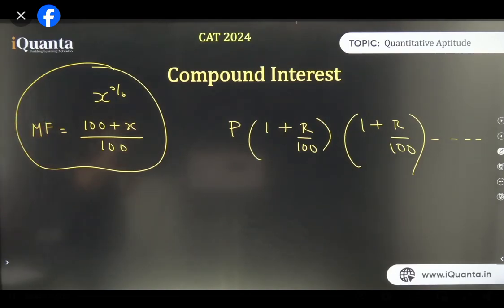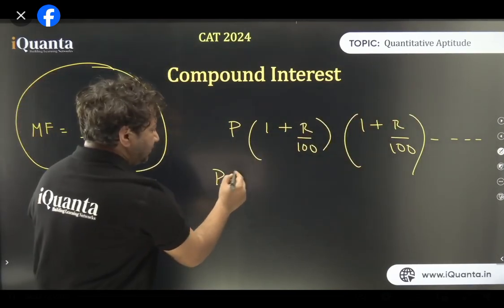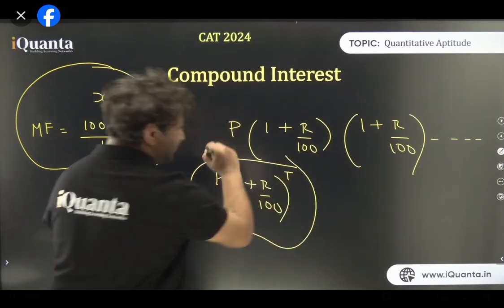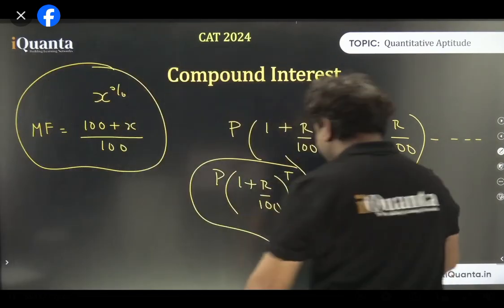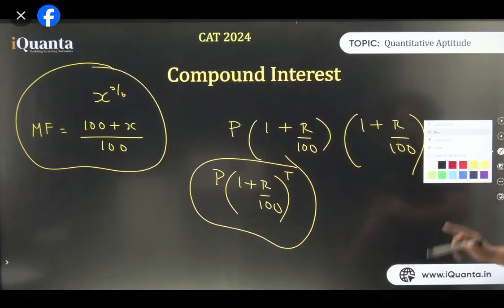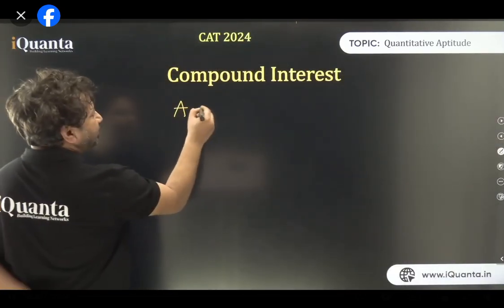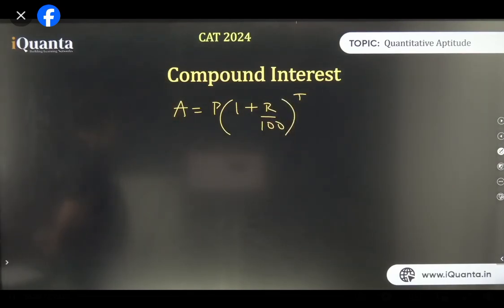ठीक है ना? We'll keep on doing it again and again. So let's say we do it T number of times. What is T? Time in years. So instead of writing it again and again, we'll just put a power over it. This is what the maturity amount will be. Yeah, Arjun, we'll come to the example as well. Clear now? Okay, so this is the final value of money, which means this is the maturity amount. So the maturity amount is P times 1 plus R by 100 raised to the power T, where P is principal, R is rate of interest, and T is time.